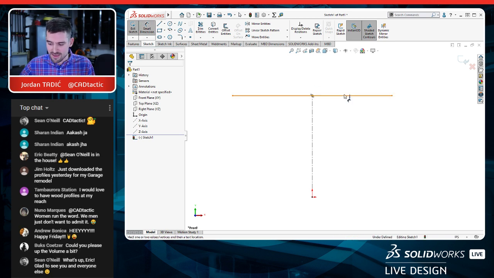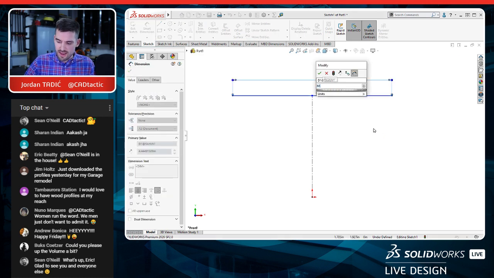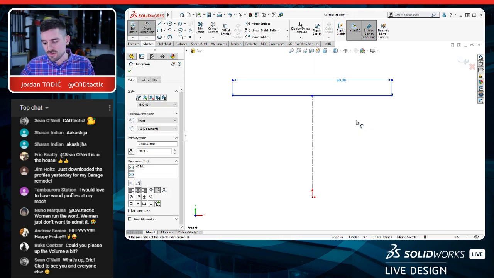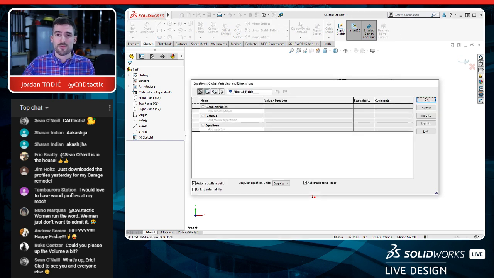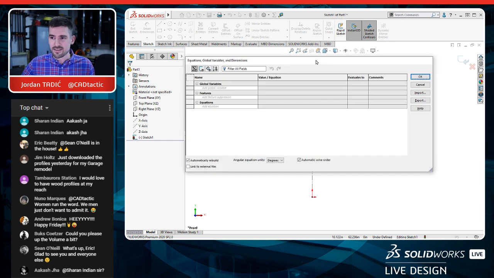And then we can add dimensions to fully define this. Maybe I'll throw this in at 80 or so. But what we want to do is we want to control this by a set of variables. And if you think about a good computer program, if you've ever written a program at all in the past, what do